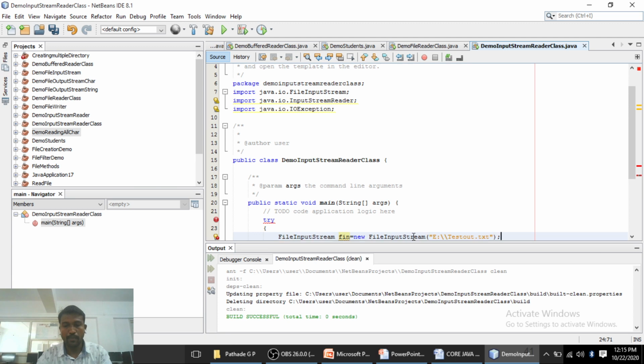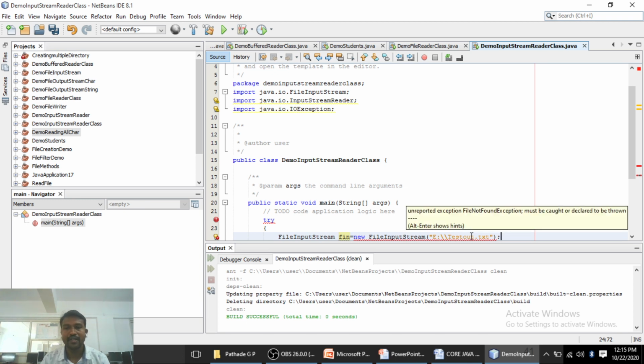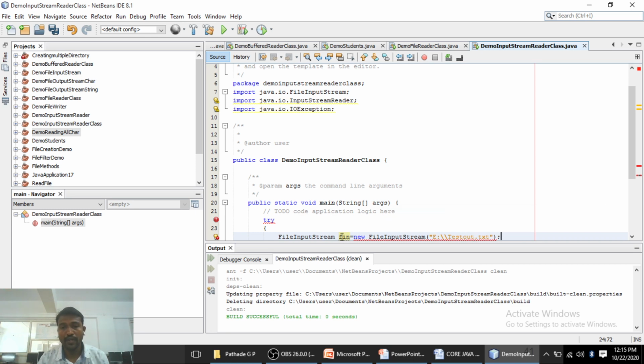With this statement we create the object of the FileInputStream class and also instantiate it. Whatever data is in the testout.txt file will be read byte by byte with the help of this object.